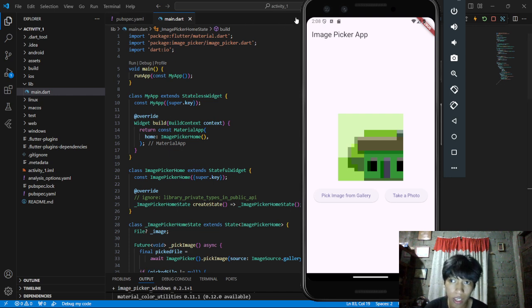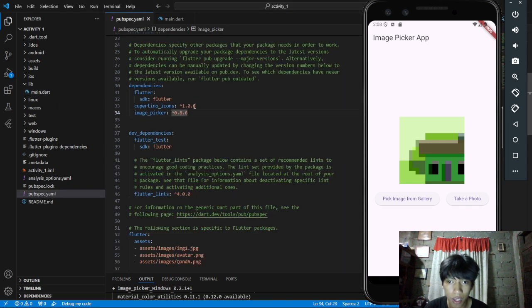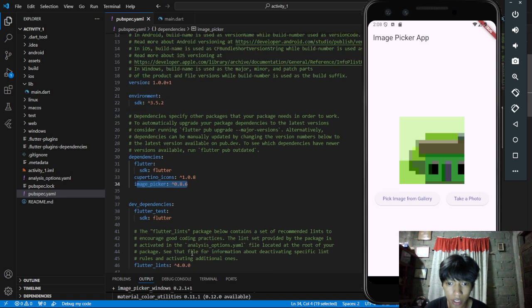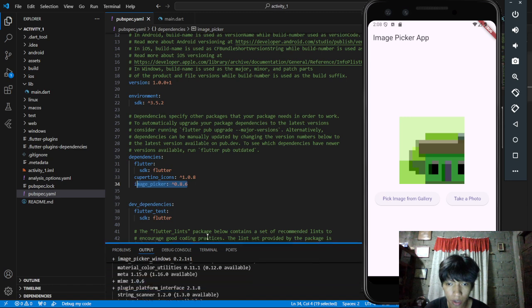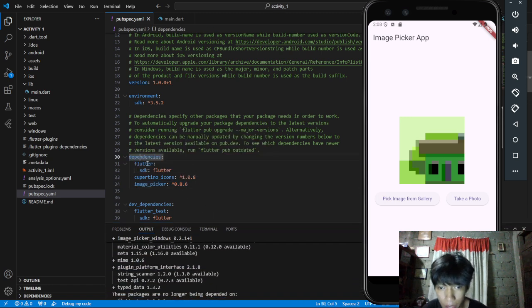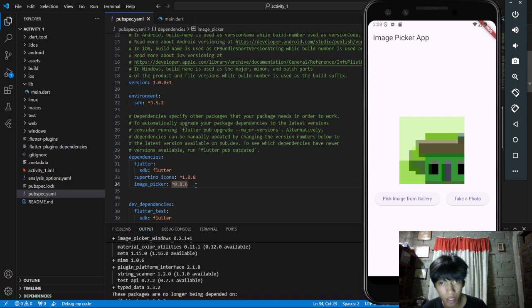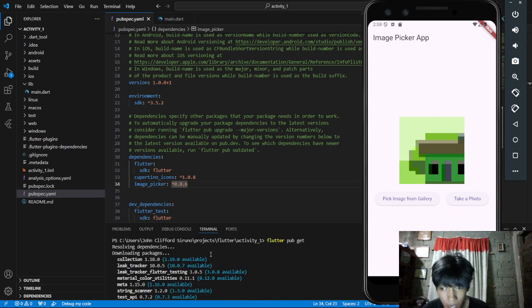So how can we import the package into our application? So this line, image picker. If you can see, we have dependencies, and add this line to your dependencies, save it, and it automatically downloads the package.